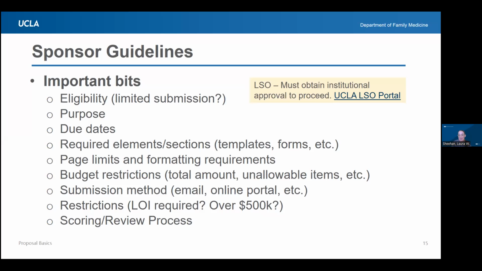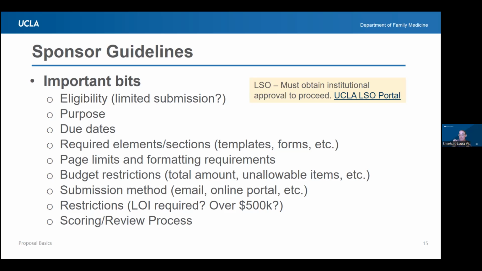Page limits and formatting requirements. Nobody ever wants to pay attention to this, but you have to. I know somebody personally who was 1 page over on a single bio sketch out of like 12 bio sketches, and the entire proposal was rejected, returned without even being discussed, no score. Don't let that happen to you. If you're not good at this, have somebody join your team who is a stickler for detail and put them in charge.